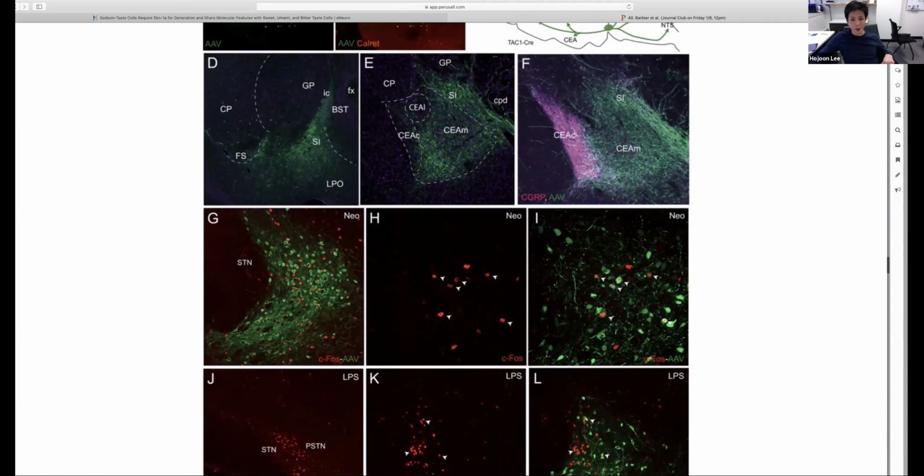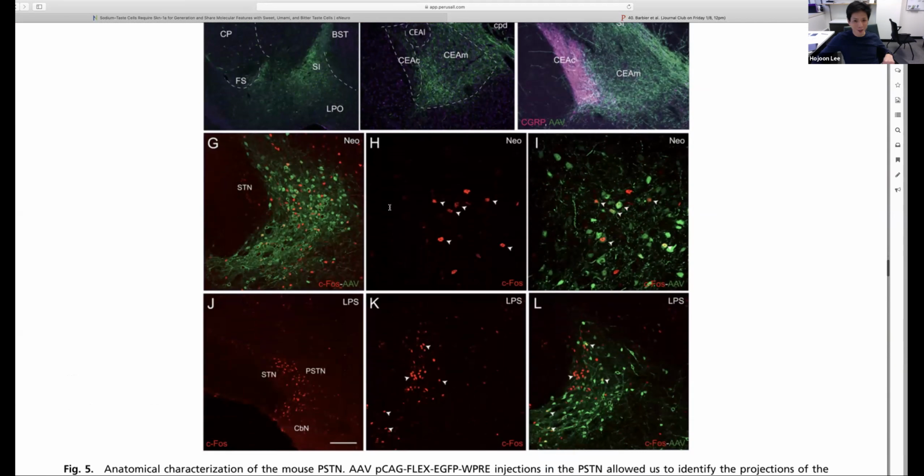Right. So let's go over the G to L again, because I was a little distracted and I didn't catch what you were saying. Okay, yeah. So the G through L is looking at CFOS staining in the PSTN and how that colocalizes with the TAC1 neurons, basically. And G is from the neophobia experiments, and there is a lot of overlap between CFOS staining and those